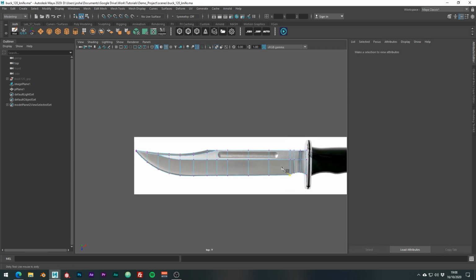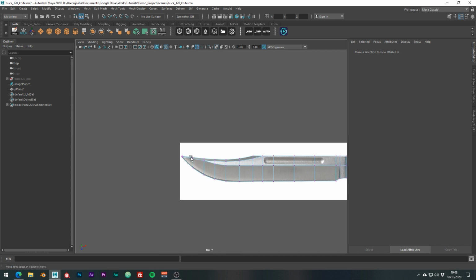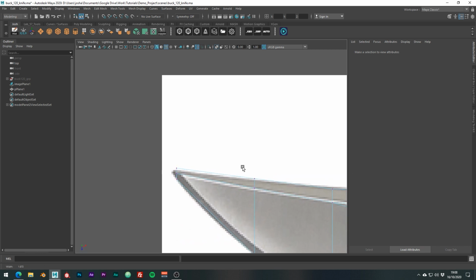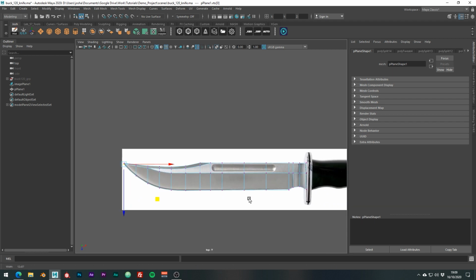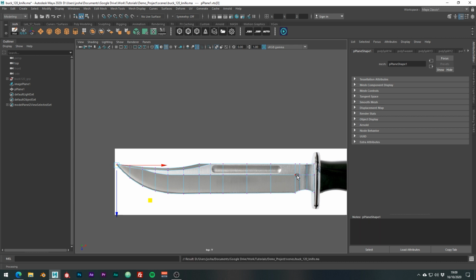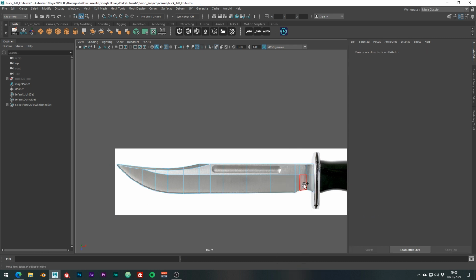For the time being, I'm not going to worry about this pill shape, but I will amend what's going on at the pointy end. Just bring these verts a little closer together, shape it a little bit nicer. Cool, right. So now we should probably go into face mode and select all the faces we want to extrude,